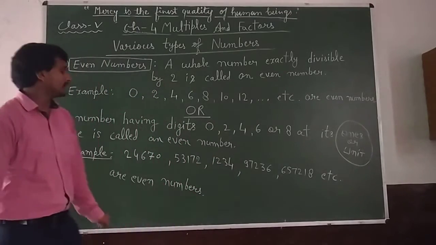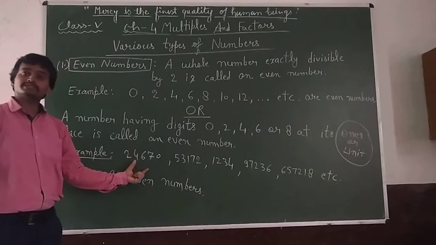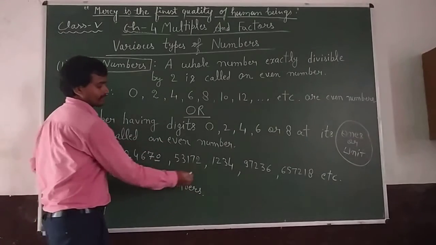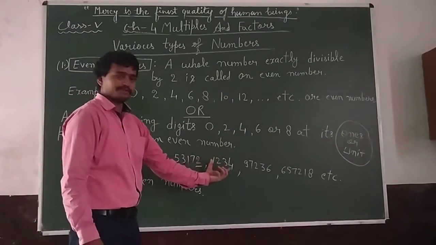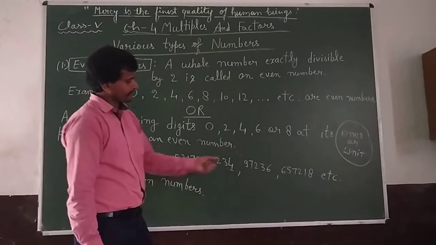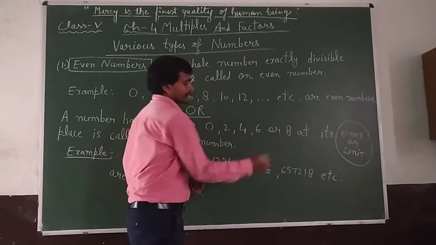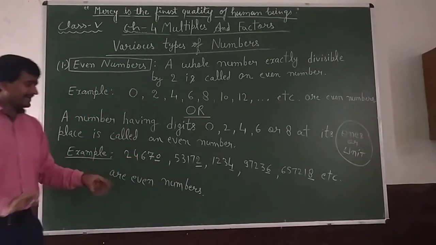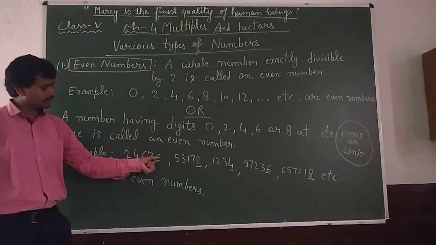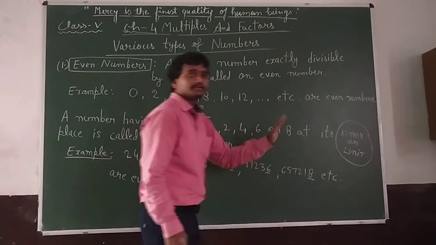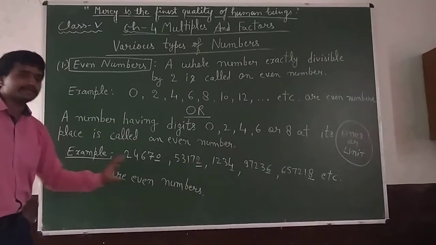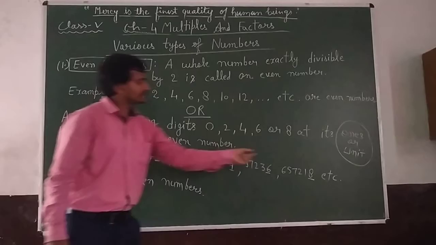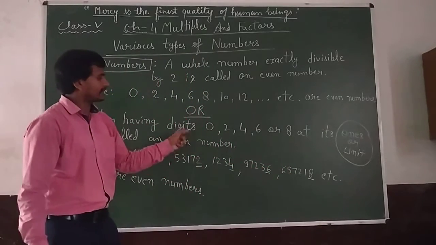number is an even number. For example, in this number, ones place is 0. In this number, ones place is 2. In this, ones place is 4. In this number, ones place is 6. In this number, ones place is 8. Directly we have to see ones place. Ones place 0, 2, 4, 6 and 8. So all these numbers are even numbers. Without dividing by 2 by the actual method, we can directly say yes, this is an even number. This saves our time.